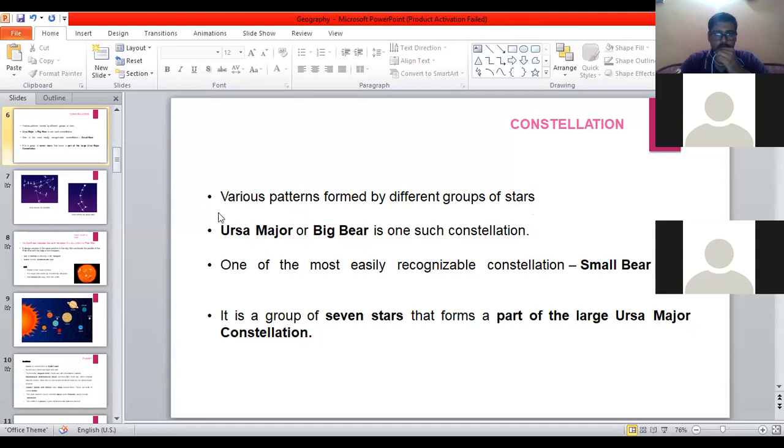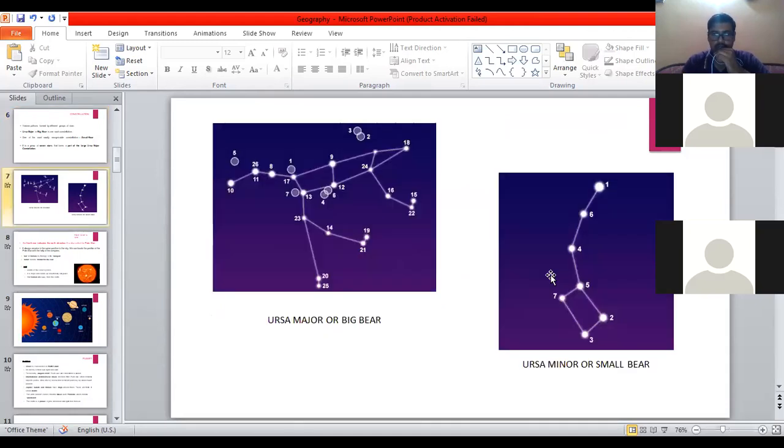In Ursa Major, 7 of the stars are brighter, and are visible in the sky from other parts of the world as well. The other stars which are not visible, you can see from that software. If you have a telescope, you can see them through the telescope as well. And the counterpart of Ursa Major is Ursa Minor, which is also a 7-star arrangement of the constellation. Let me show you what Ursa Major, or the Big Bear, basically is.